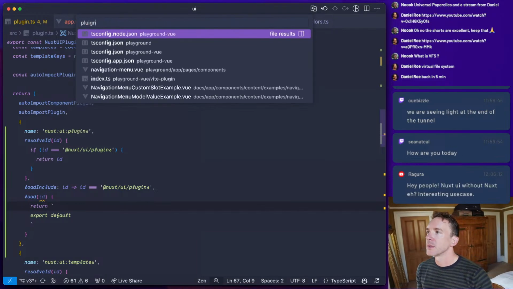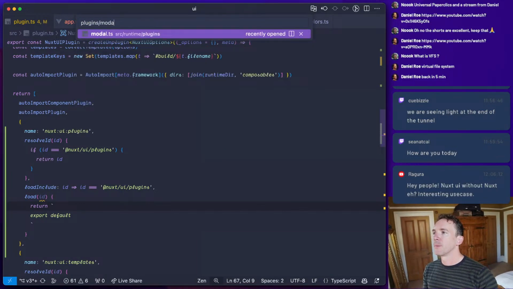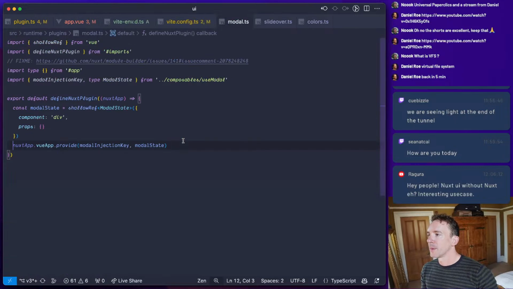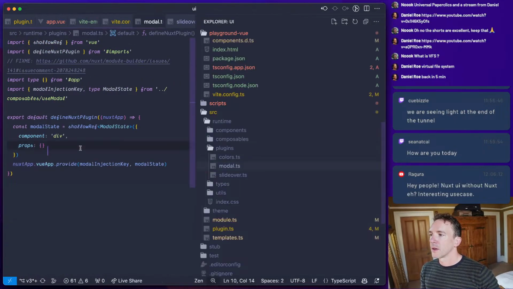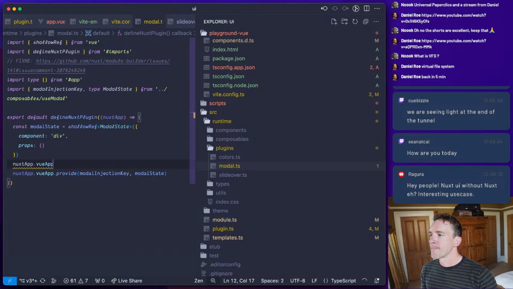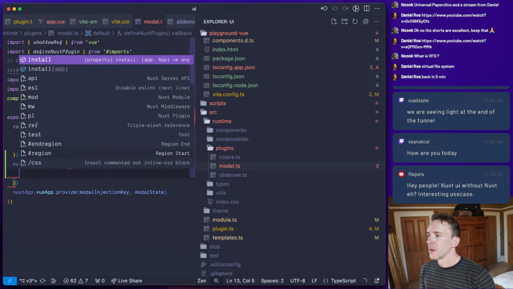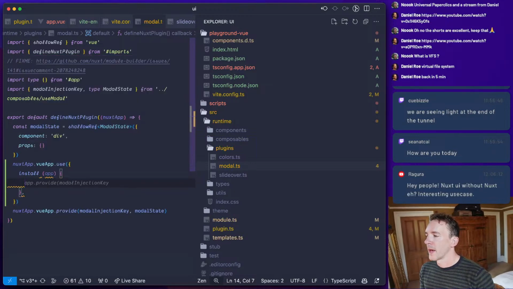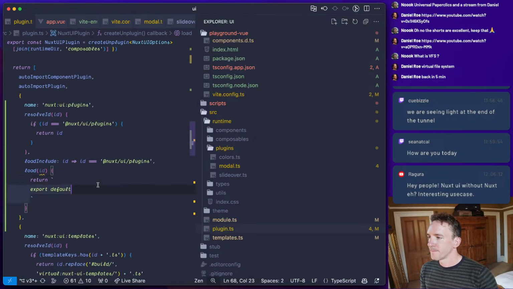Okay, plugins, and let's try the modal one. So we have install app. Okay, so basically this is going to be the format of our plugin.